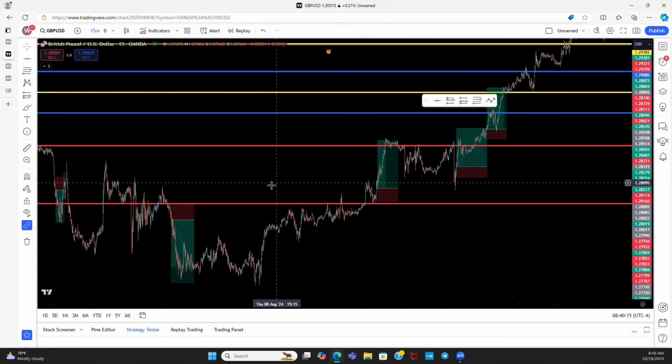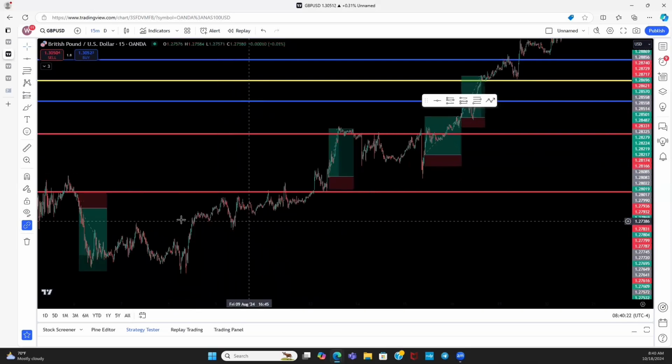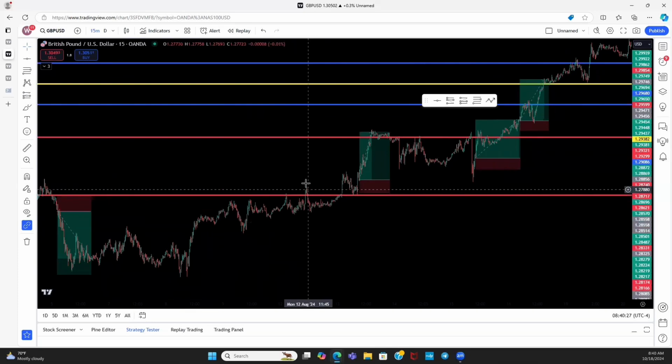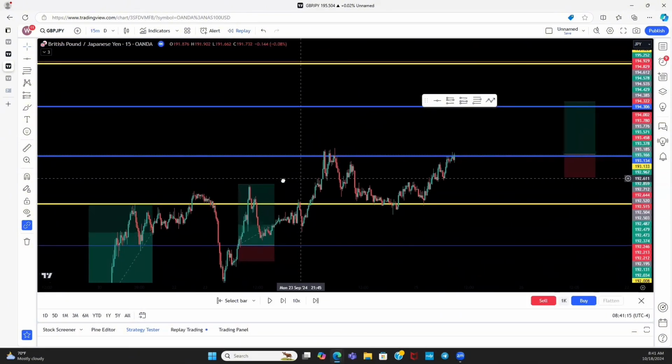Okay, so that brings us into the next step, right? When you're trading off the supply and demand zones, you want to not just enter a trade just because price breaks that supply and demand zone. You want to wait for the retest and confirmation. And right here is a perfect example.